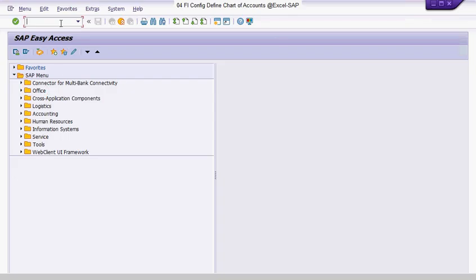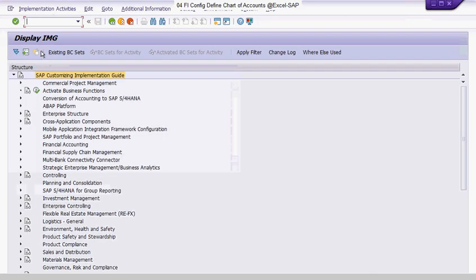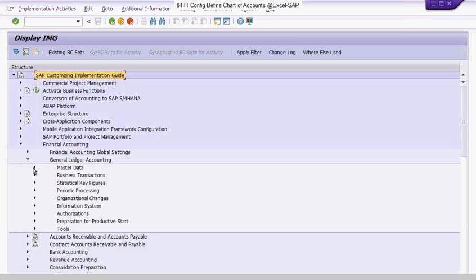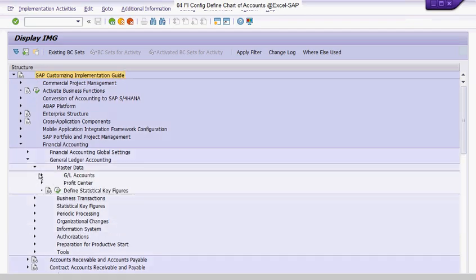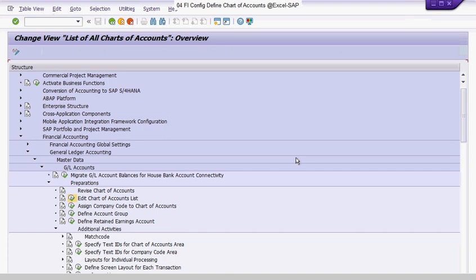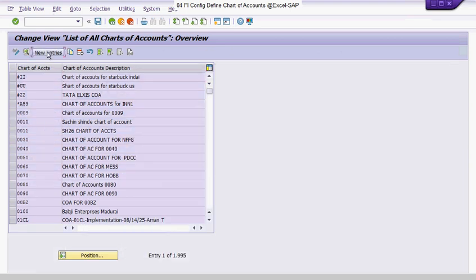Go to transaction code SPRO, press enter, go to reference IMG here, then financial accounting, general ledger accounting, master data, GL accounts, preparations, and here edit chart of account list. Click here, click on new entries here,